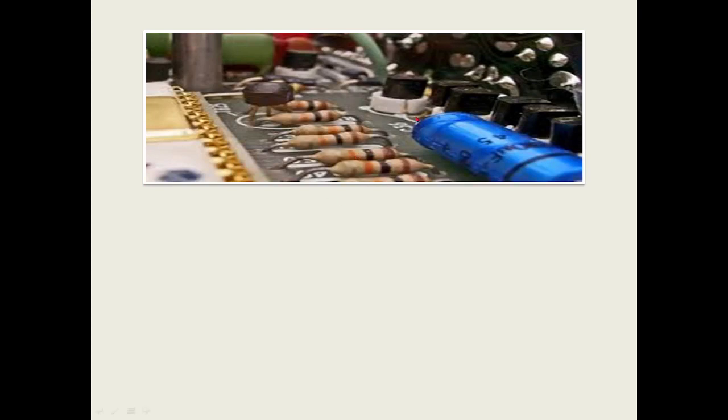This picture depicts the motherboard of a circuit where you have a blue color element. This is the capacitor generally. What exactly capacitor and its properties we are going to see in our further classes. Here you can see the resistors. The resistors are having strips of orange, black and brown over it. They designate the value of the resistors.